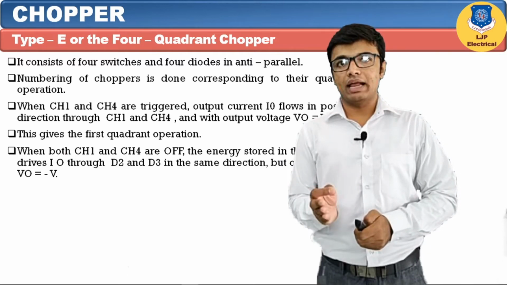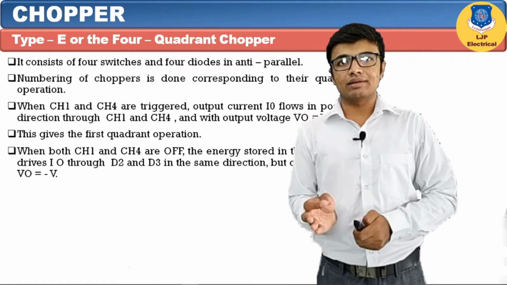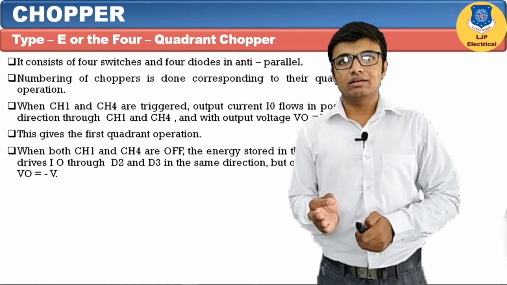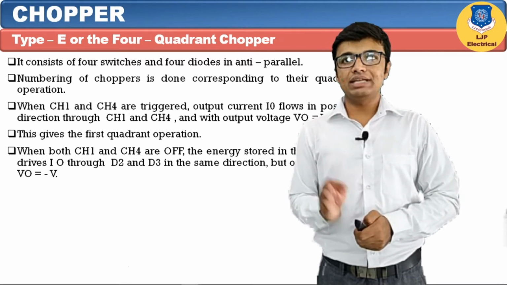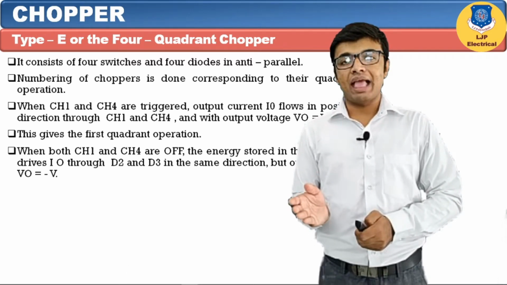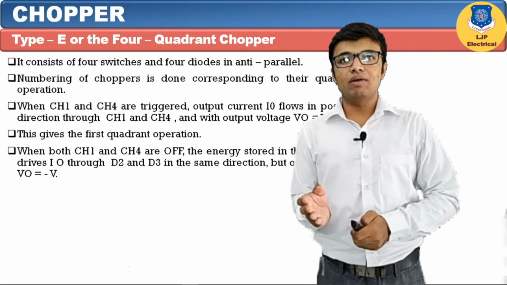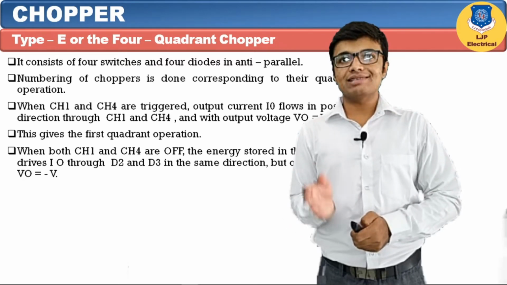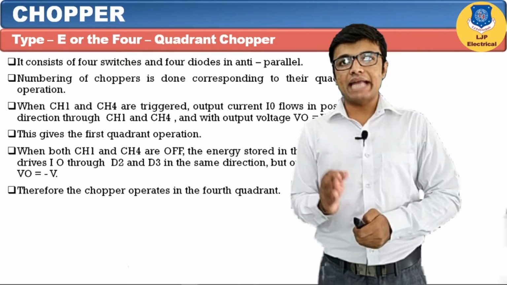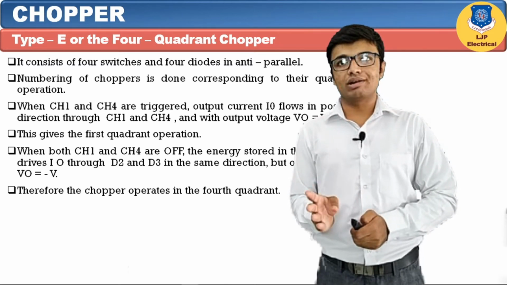Now switch 1 and switch 4 both are off. The energy stored in the inductor is going to dissipate through diode D2 and diode D3, such that diode D2 and diode D3 will become forward biased. Hence the output voltage is VO = -Vs. It means the load is going to charge the supply. When diode D2 and diode D3 are forward biased, we will get operation of the chopper in the fourth quadrant